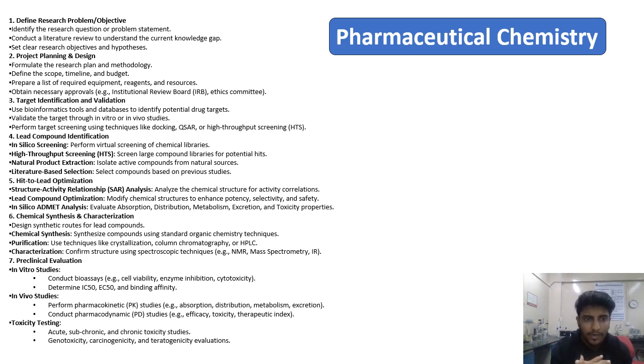Then there is lead compound identification. So for in silico screening, for natural product based isolation studies, ADMET analysis, you can have these particular things. You can also perform purification, because in analysis we do impurity profiling and metabolite profiling, or fingerprinting. Similarly, you can do here the different kinds of analysis that are required: purification techniques, crystallization,